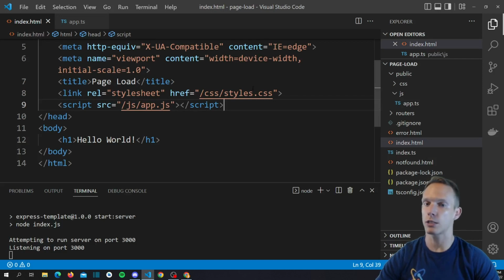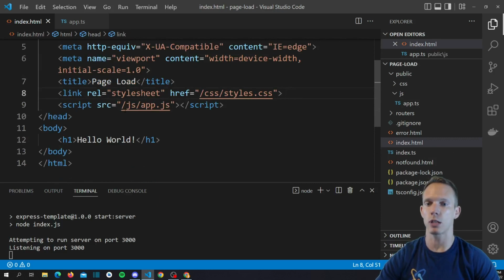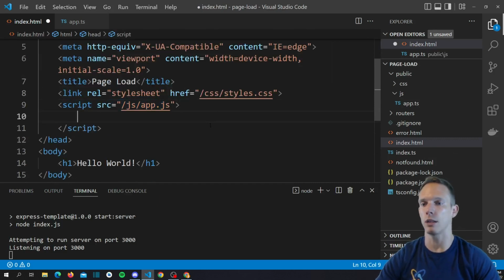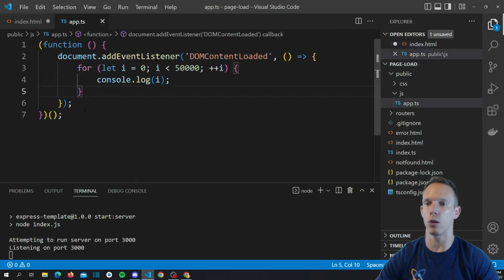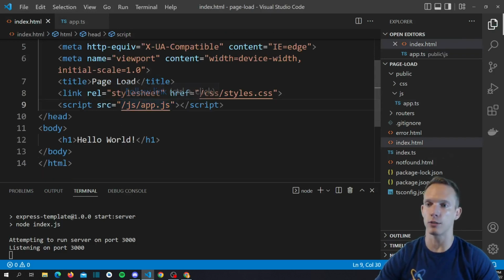Now there are use cases where you do want to run JavaScript up here, and there's also cases where instead of actually requesting the file, you can just put the code directly in a script tag, like this, and you can actually just run all of your code directly in here, right? You could also do this in the body itself. So you don't have to request files from the server if you don't want,